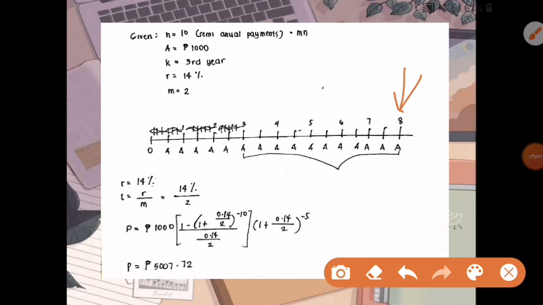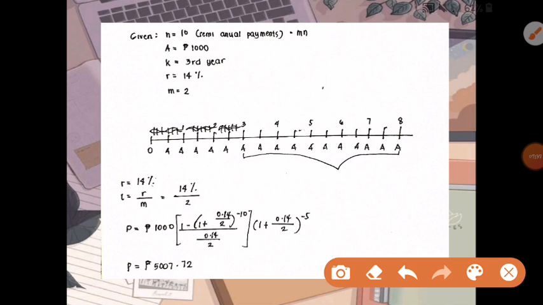Now, starting from 3 to 8 years, i-apply natin yung formula na A, 1 minus times 1 plus the 0.14, yung R natin, raised to negative 10. So, ibabalik po natin ito sa 0 periods. Kailangan natin ibalik sa 0 period. So, magbabalik tayo ng